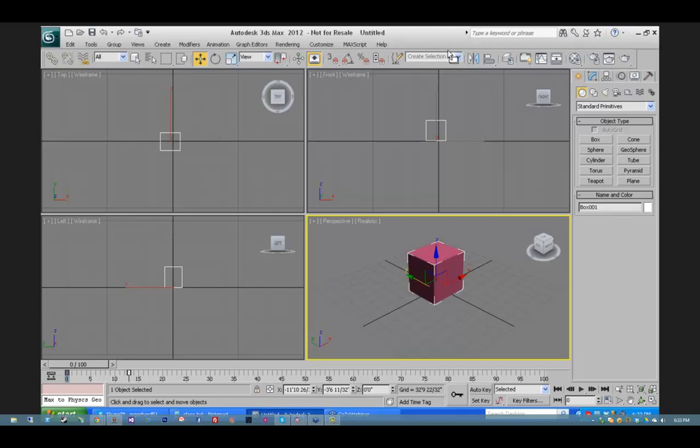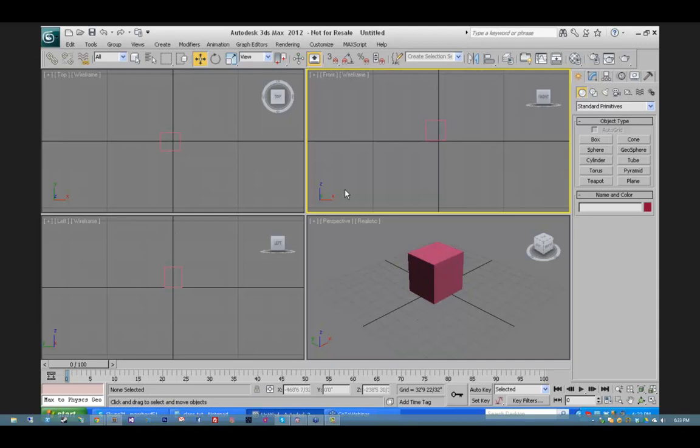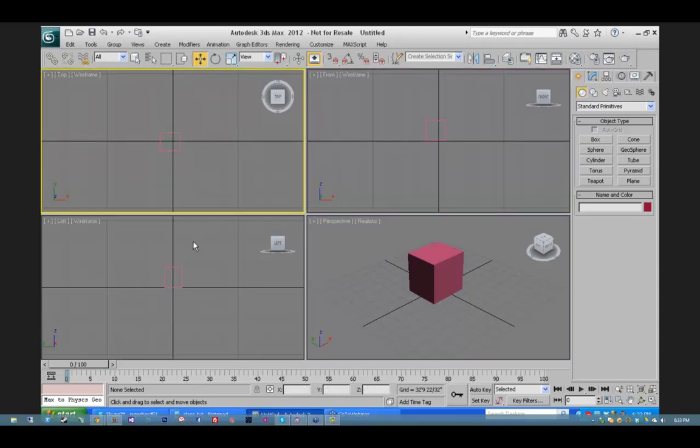It's not specific to Max. Okay, so I left out all four of these windows, which is most of the interface, and these four windows are the viewports. The viewport that is highlighted in yellow is the active viewport. If I click on a different viewport, then it is highlighted in yellow. And so this is the default